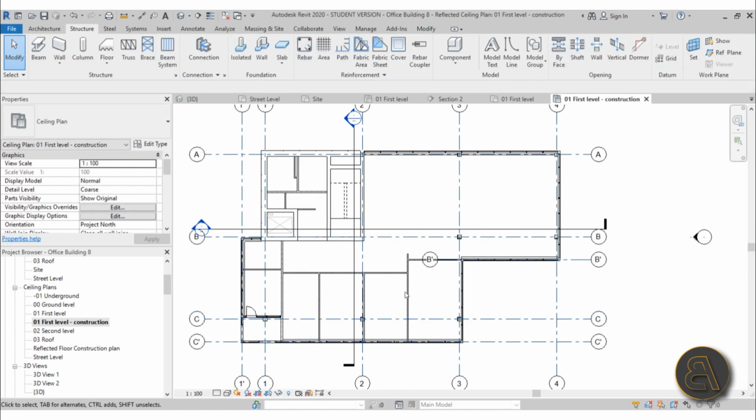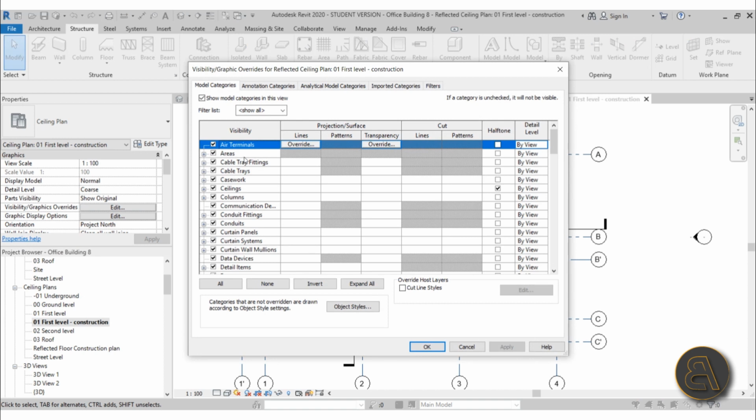Now once you hide those elements, it's just going to be blank like this, and that's okay. The reason for this could be two things: either visibility graphic overrides or view range settings. So let's check first the visibility graphic overrides and then the view range settings. So what I'm going to do is go here into visibility graphic overrides, open that menu up, and here let's